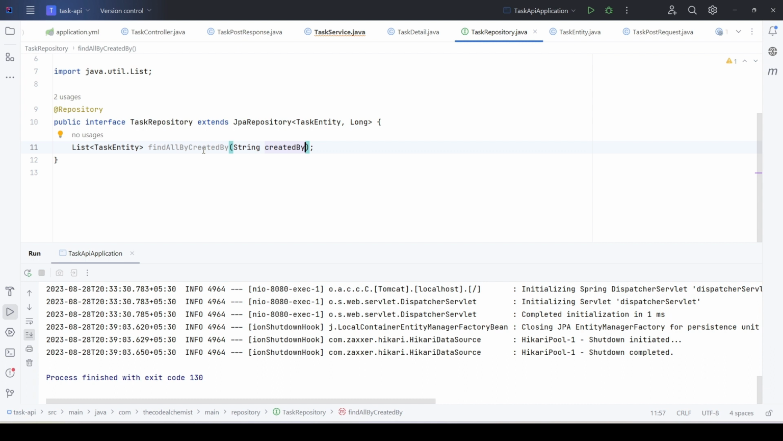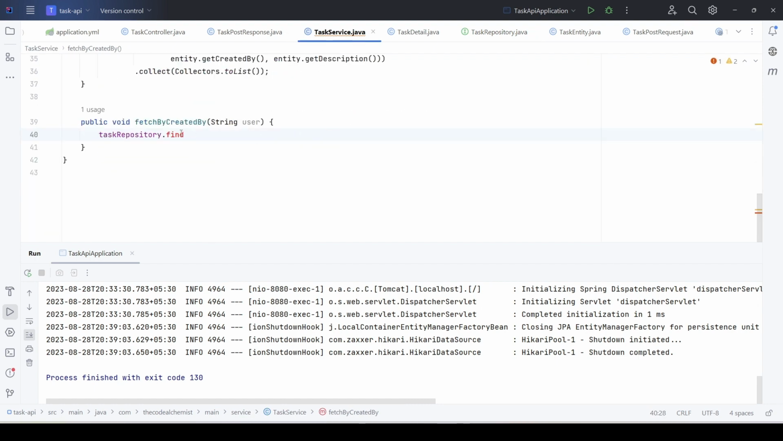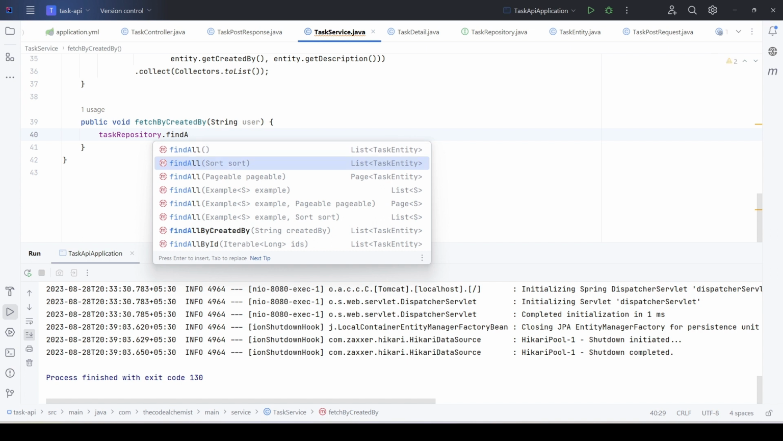So we defined a method in this interface by following a naming convention, findAllBy, which is the keyword which represents a where clause. And then we are providing the property name to use in the where clause. And the value that we pass to this method will be used in the where clause when the Spring framework generates the query. So we'll go back to the task service and we will say findAllByCreatedBy,